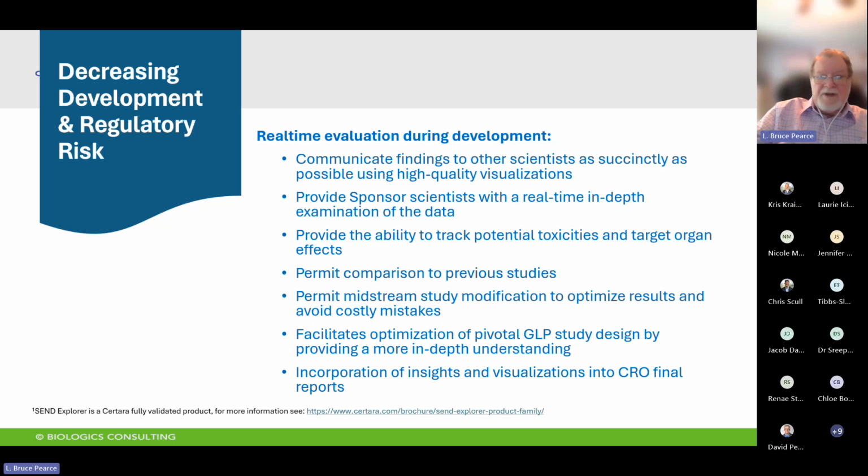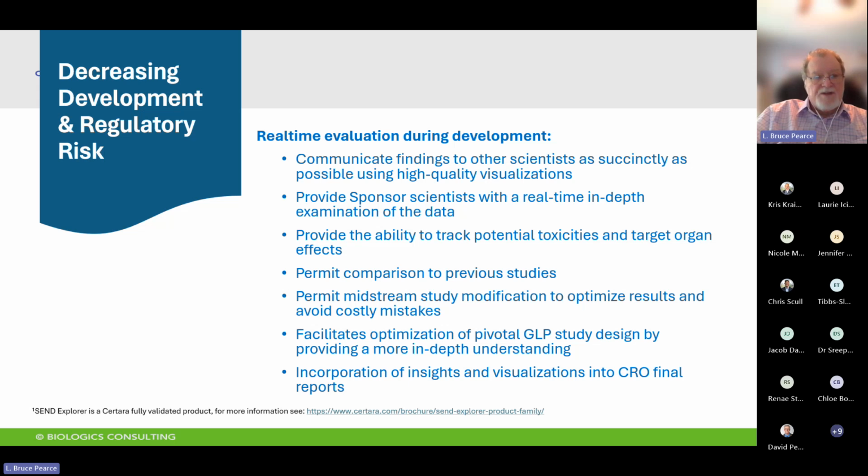So our goal is to decrease risk associated with both the development and regulatory parts of this process, where, as I indicated in the diagram, we're able to evaluate the data during development. When data is provided from the CRO in the appropriate format, this will allow us to help scientists to communicate succinctly